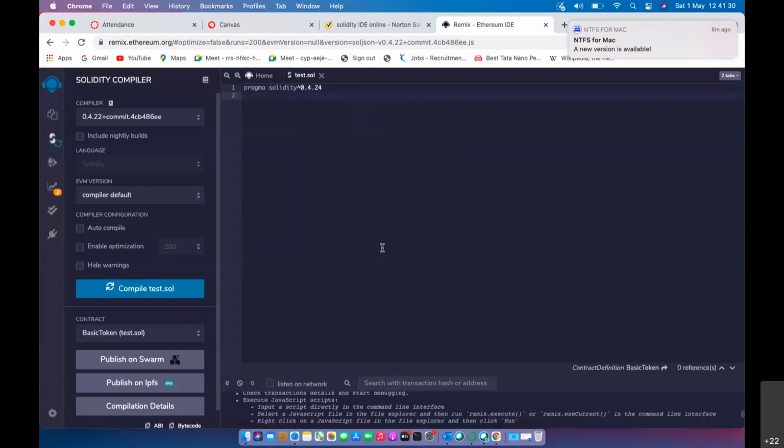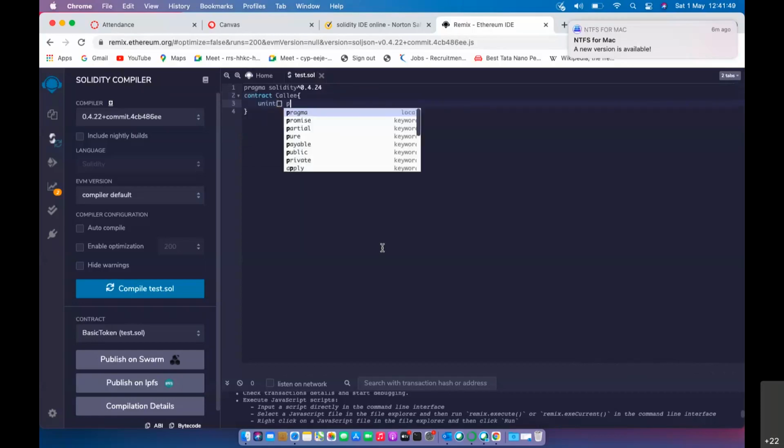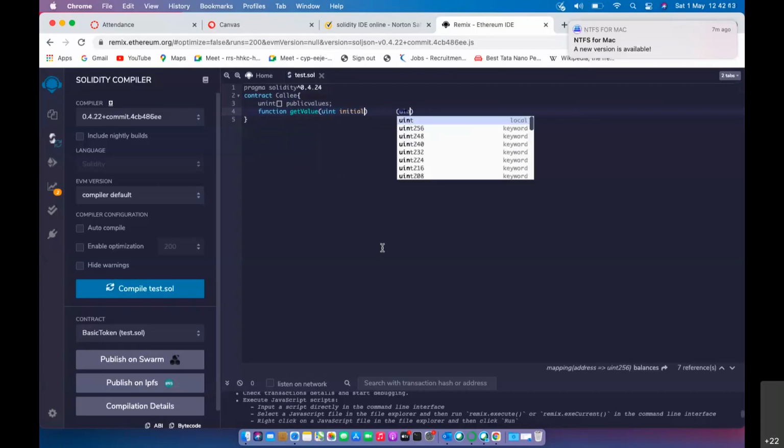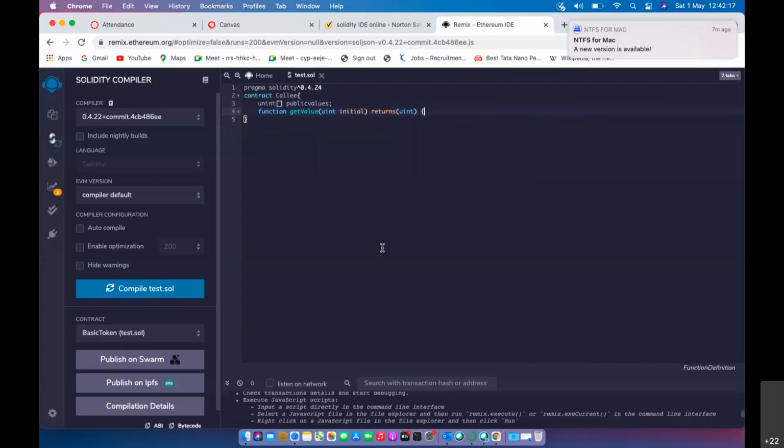Pragma solidity ^0.4.24. I say contract callee, and I open my curly brace. Then I say uint public values; and I say function getValue(uint initial) returns uint. Once again, a curly brace, and I need to return initial + 150;